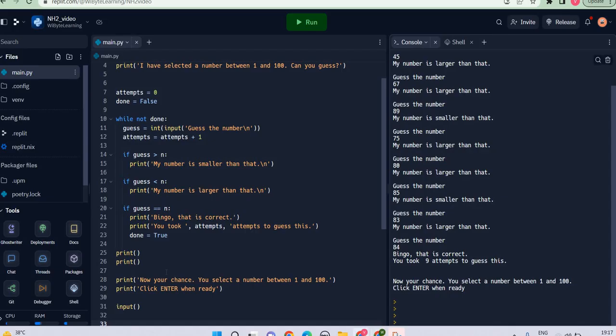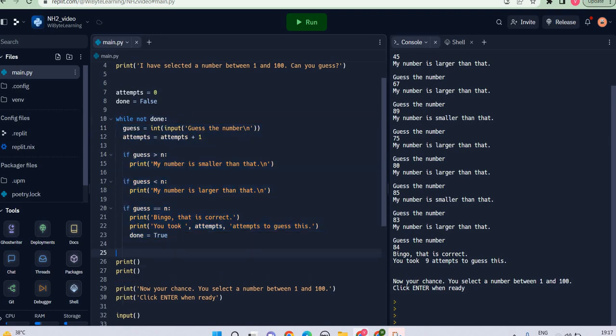Before I wrap this up, however, I want to make a point that, again, indentation plays a huge role. Notice here that I want this to be a completely separate part of the code, which means that I want this entire while loop to get over before I introduce anything else. So I can in fact put a small comment here. Let's say now user